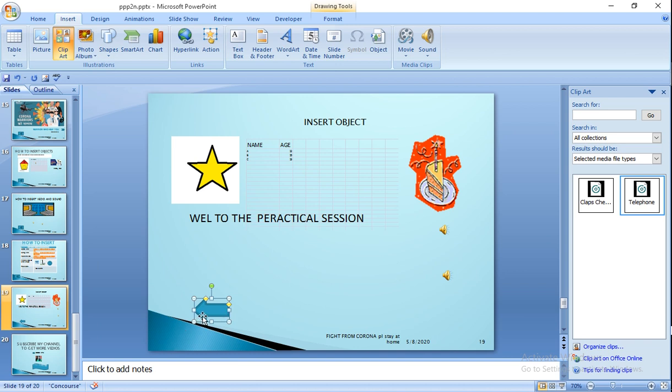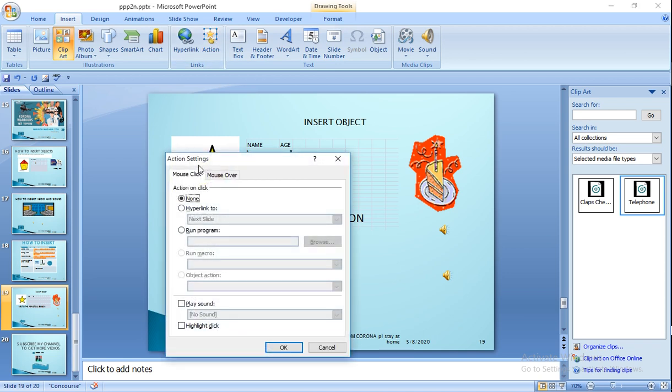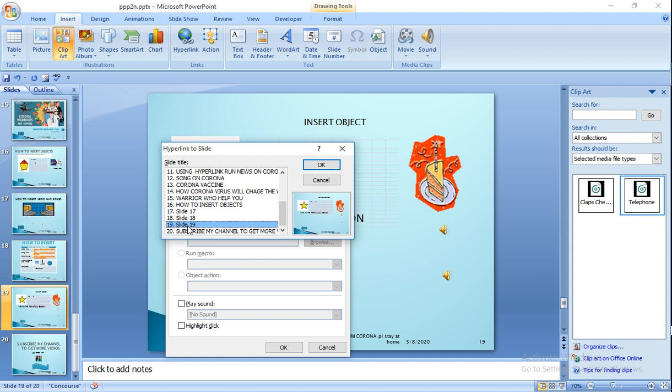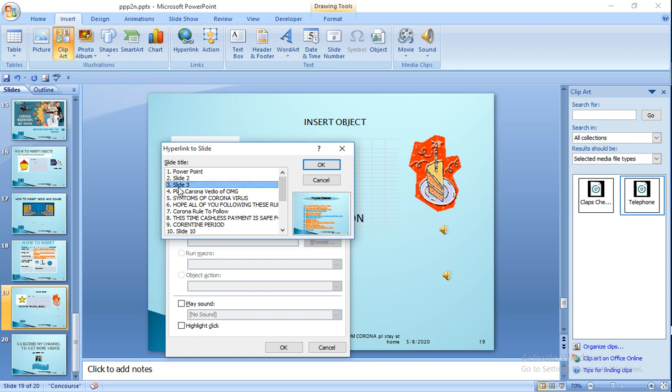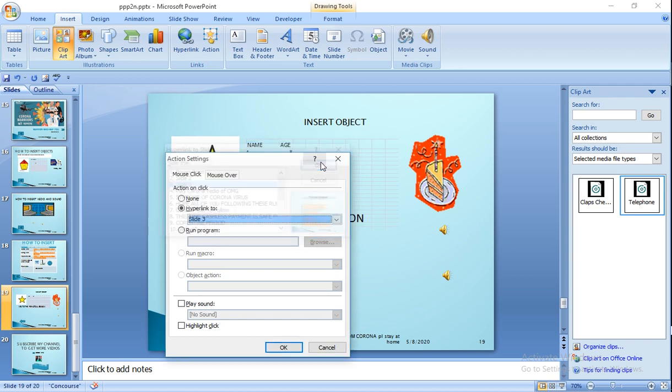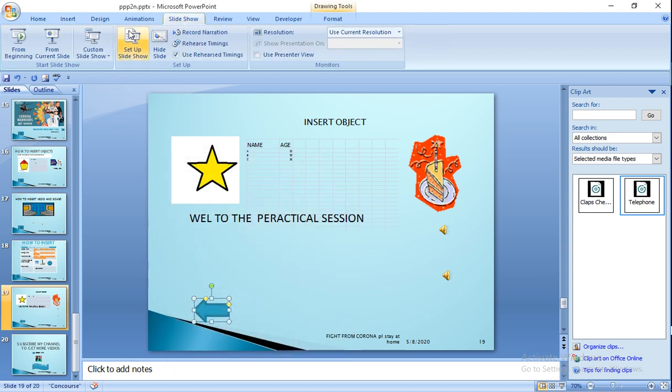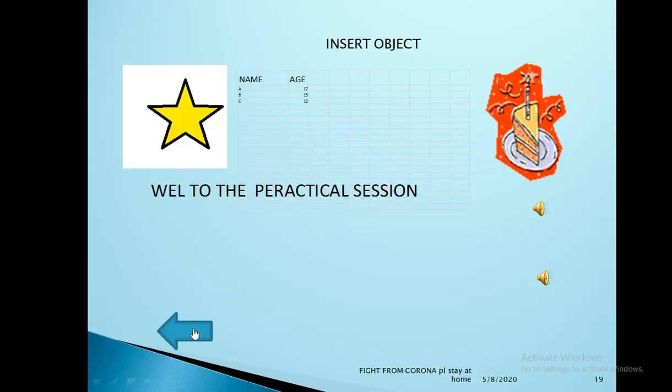Okay, now you have to insert the action. Come to the action box. Here you will get the link of your slide. Come here and press slide. This is your 19th slide. So come here and press the 19th slide. But you have to go back. So go to the third slide. Here I have given the index and press OK. So when you run this slide, press current slide to run and press this one,